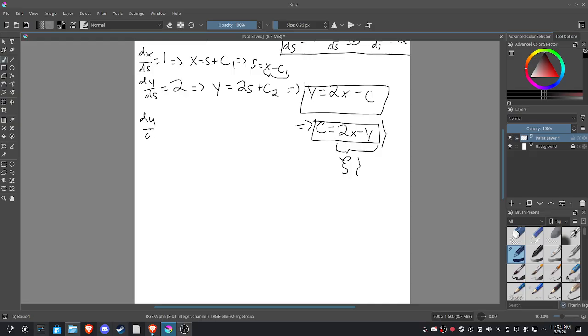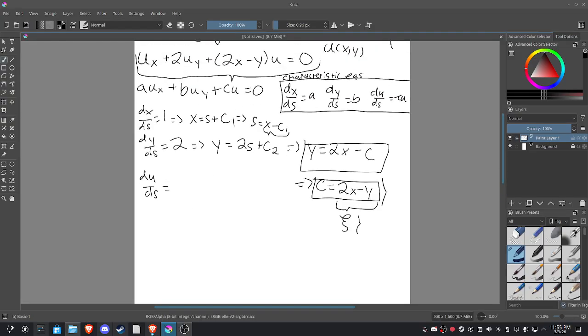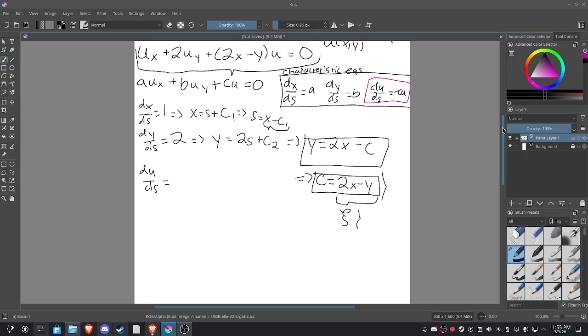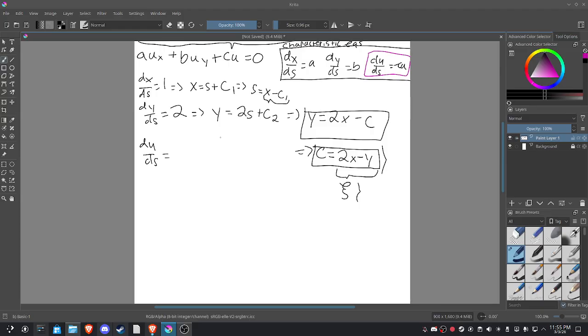Now for du/ds, which is equal to negative cu, as we have in our characteristic equation here. Right here. Let me put it in a fun color. Someone suggested purple to me. Boom. Okay. We'll get negative cu, which is equal to